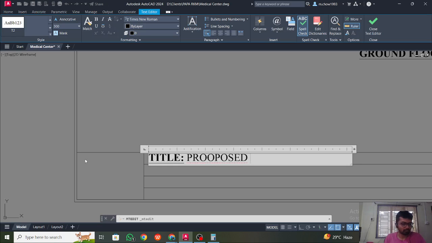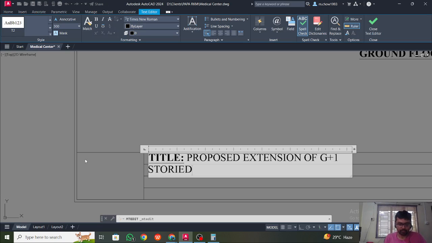Proposed extension, 3+1 storied building